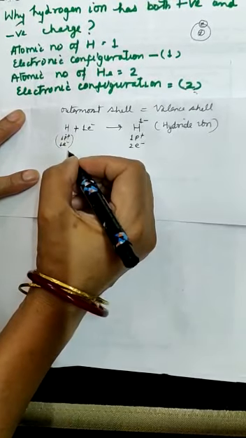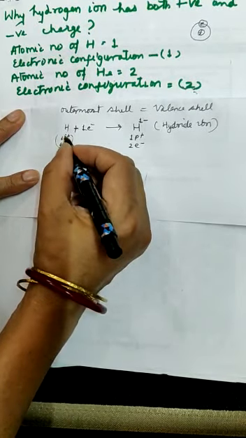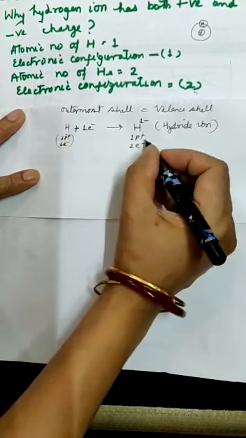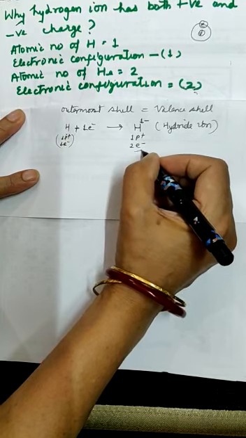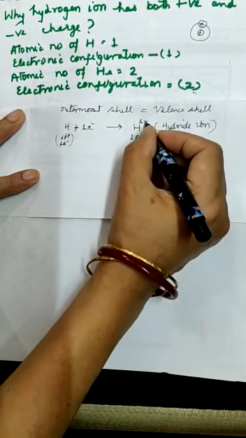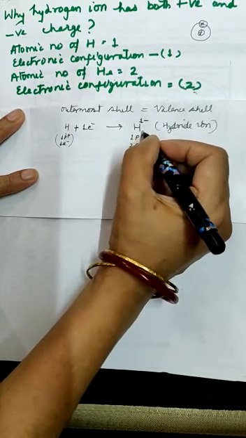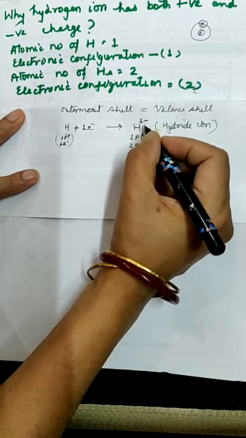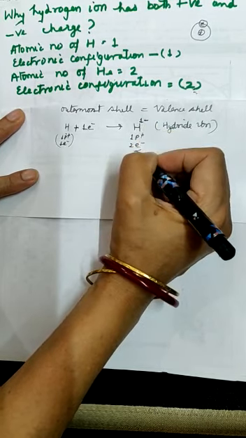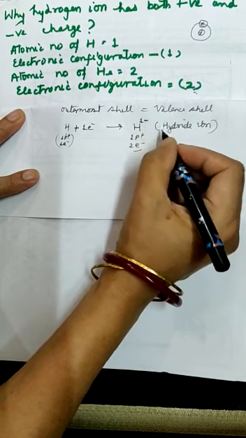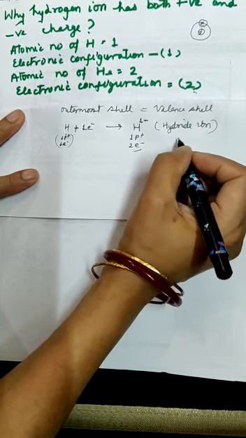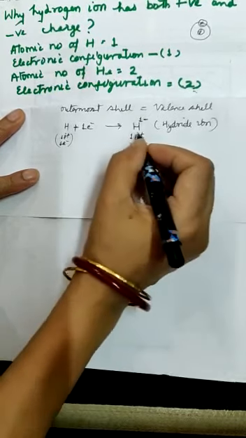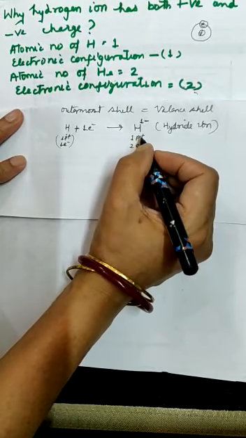An atom is neutral because it has the same number of protons and electrons. Here 1 proton's charge is balanced by 1 electron, and the extra electron's charge comes on the atom, and then the atom is no more an atom but becomes an ion. If it has an extra electron, then it becomes a negative ion. If it has fewer electrons, then it becomes a positive ion. Hydrogen, how it becomes a negative ion, you can understand.